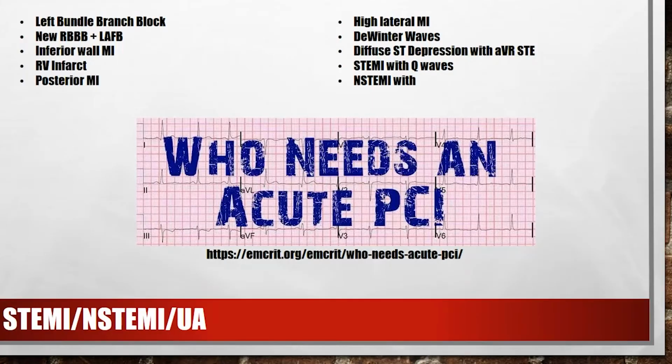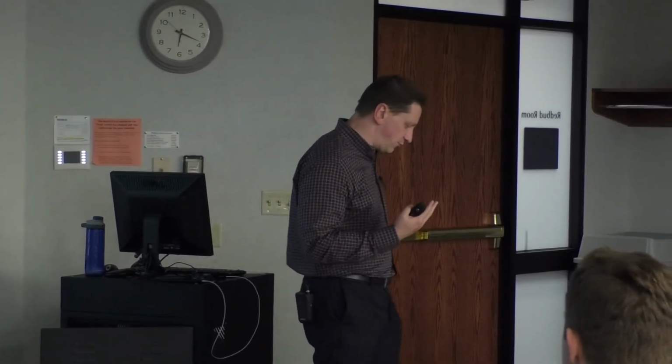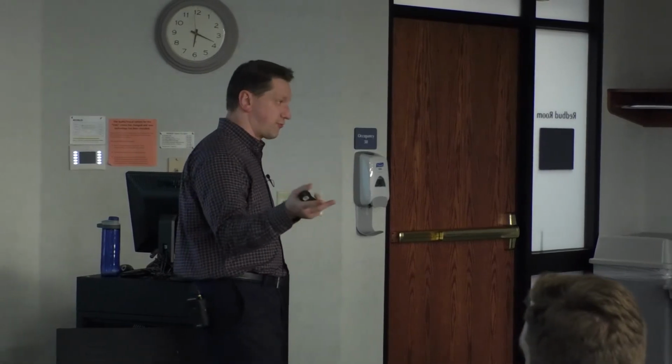Okay? Okay. Who needs acute PCI? The answer is somebody with a STEMI and somebody you can't get chest pain free by any other means. That's the answer. Okay? However, these things are all various people who may need to go to the cath lab. All right? Okay. Acute coronary syndrome used to be that the treatment for this was MONA-B-IT: morphine, oxygen, nitro, aspirin, beta blockers, and either intervention or thrombolytics.